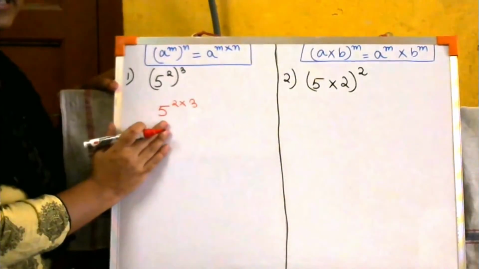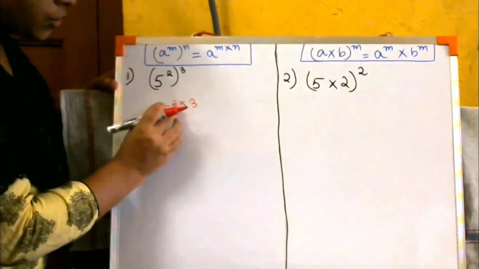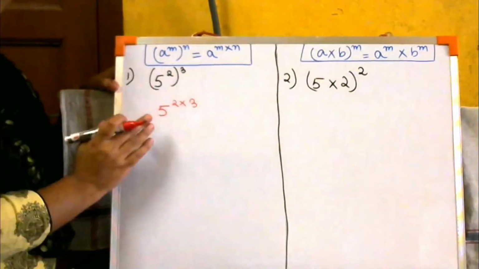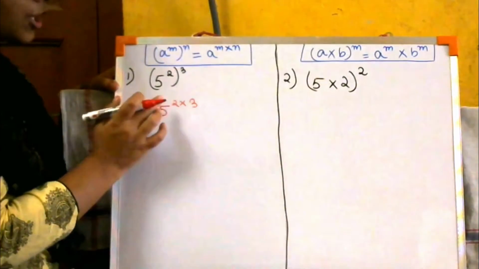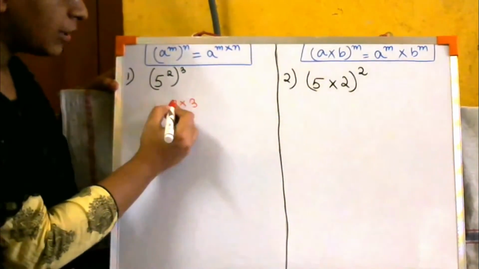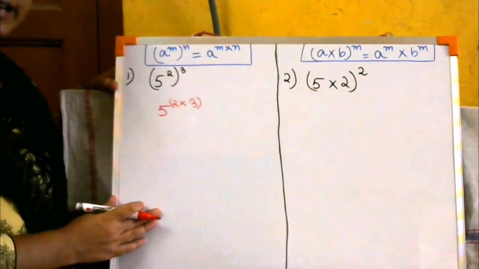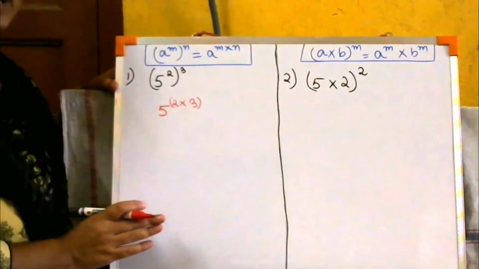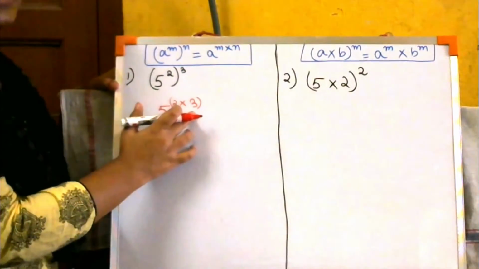You are going to write it like this. Don't write 5 into 2 into 3. No, that is wrong. 2 into 3 will be on the power side of 5. It is on top of 5, top corner of 5. Okay? So 2 into 3. You can also do one thing. You can keep this in bracket. इसको आप लोग ब्रैकेट में भी लिख सकते हो. That is also right, to avoid any mistakes. We people know how to do the sums, but you people are learning, so you can do these steps.